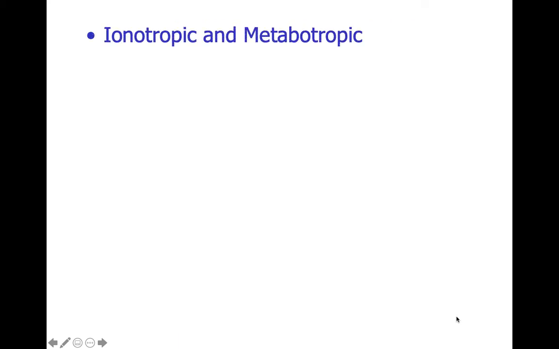Our other classification, functional classification, is ionotropic and metabotropic. Right? Hopefully when you look at both of these words, you see another word in it that's going to help you. Okay? When I look at ionotropic, I see ion. When I look at metabotropic, I see a good chunk of the word, a part of metabolism. That's going to be your difference, right? So focus on that.